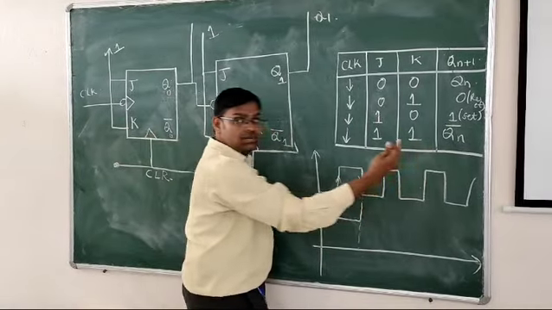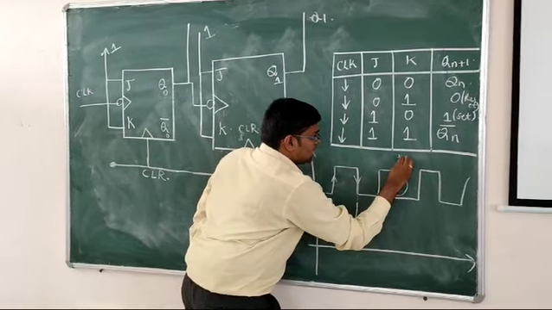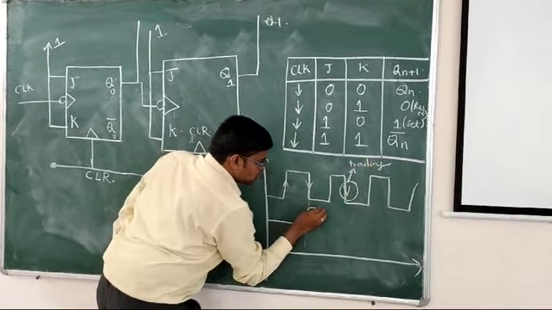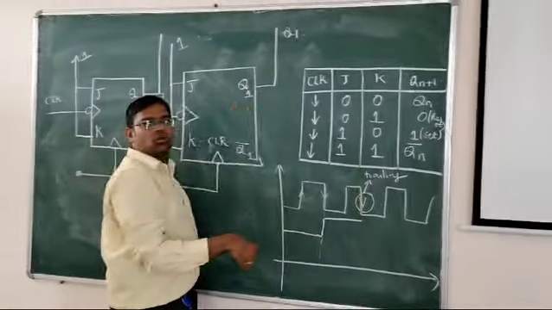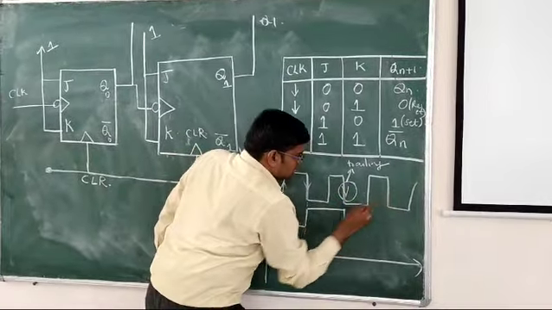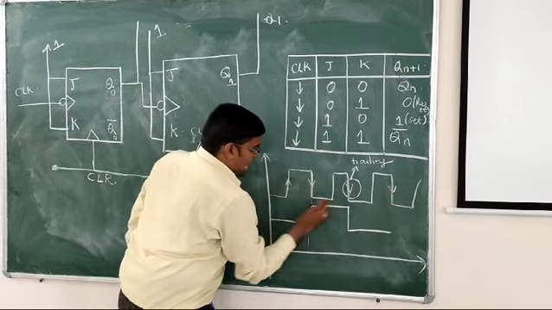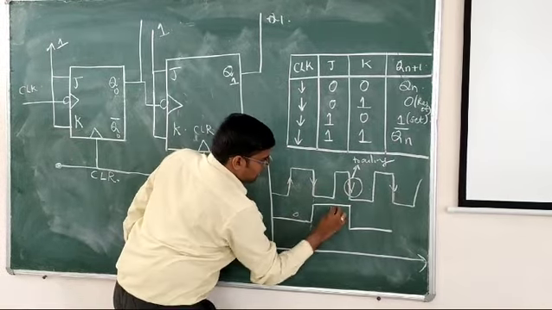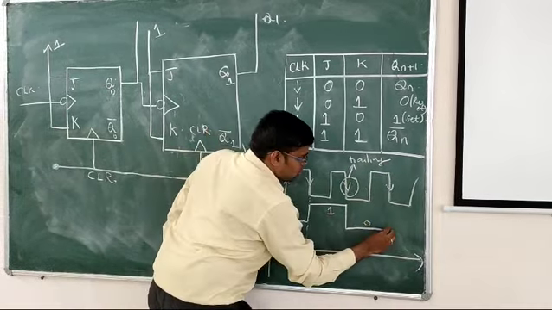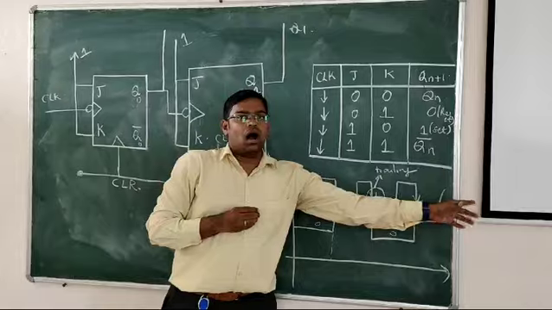Then again, at which point does it change? Again, it should change here only, because this is a trailing edge. So at the trailing edge, I have to go continuously to the same state. Whenever I experience the negative clock, it again comes down. And then it goes on. Again this will be the trailing edge, so I need to go to the same state. And again, as you know, this is 0, toggle, it became 1. This is 0, toggle, then I will go to 1. So this is how we are going to generate the output of Q0.